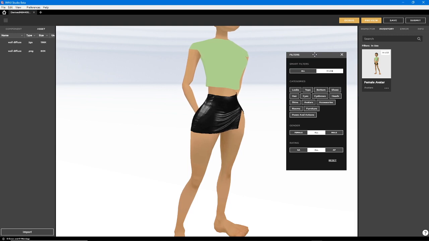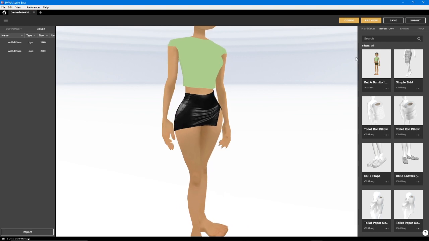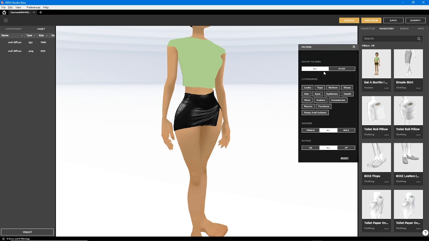So if you're used to that, then this might be more familiar. Because it's not familiar, it's not necessarily intuitive that clicking this filters all is supposed to bring up this filter dialog